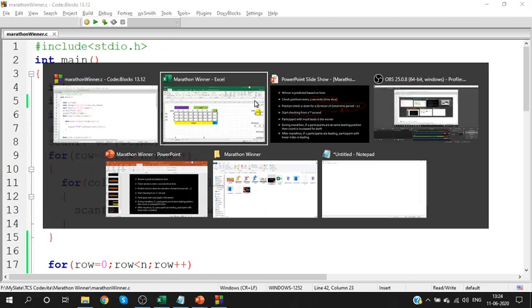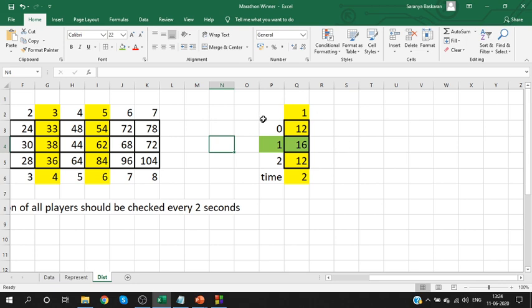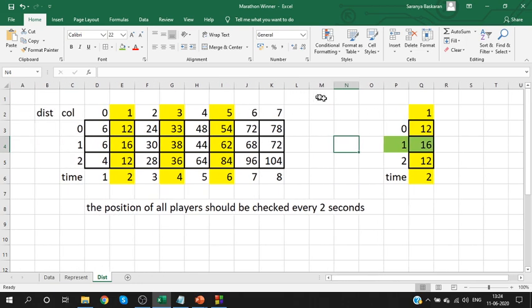See, how can I store it? For storing the count alone, we will have an array. I'm going to have an array named count. We will store the count of the 0th participant, first participant, and second participant. Store the count of participants. You are not going to store the count of time periods. How many times is participant 0 leading? How many times is participant 1 leading?